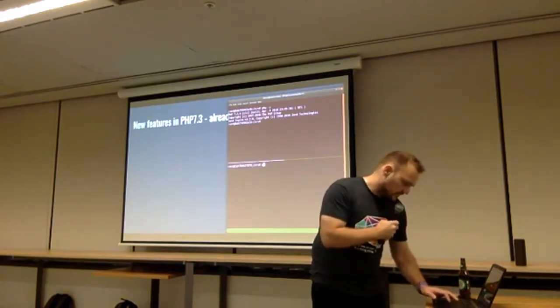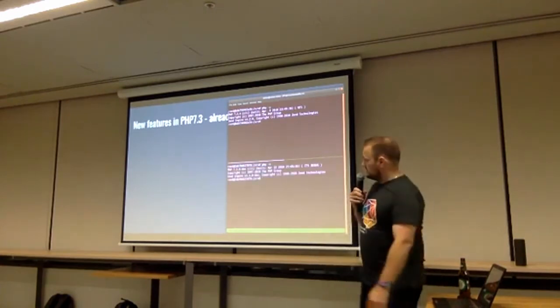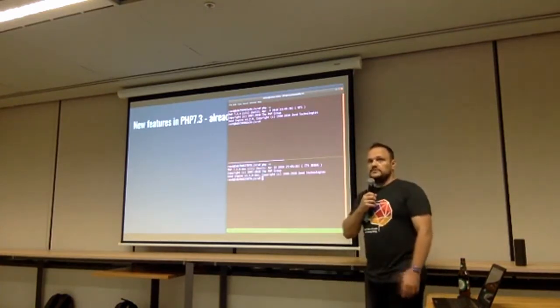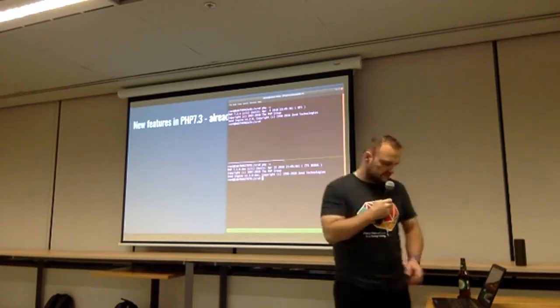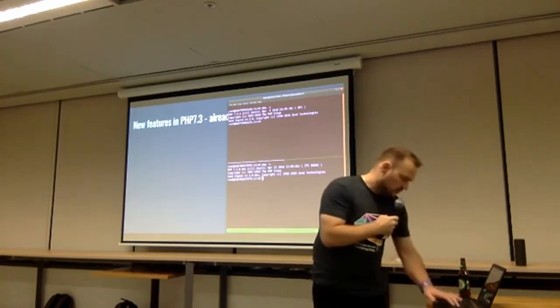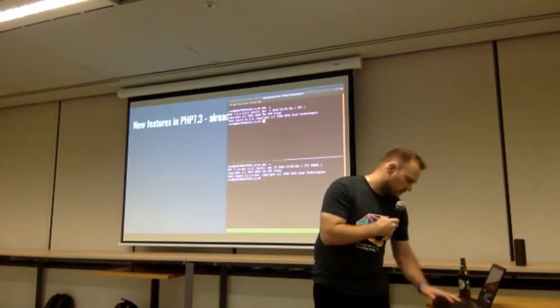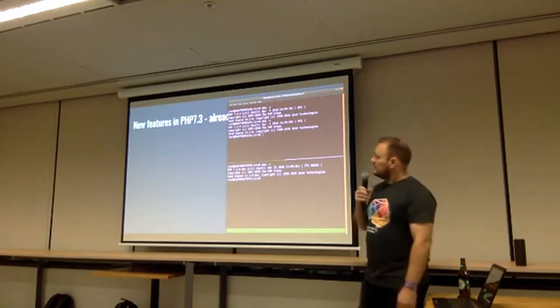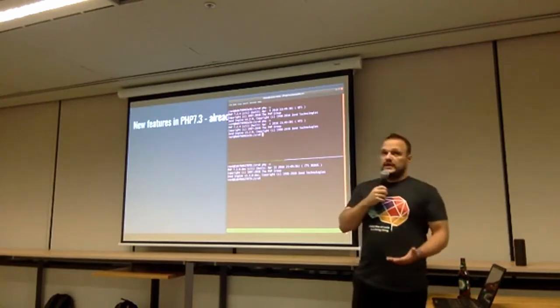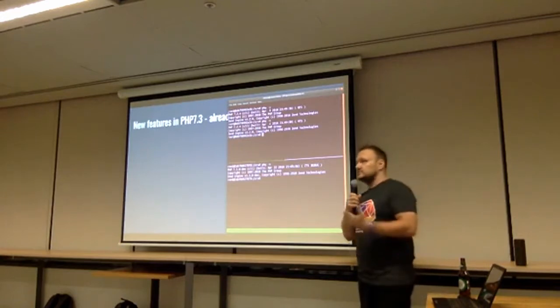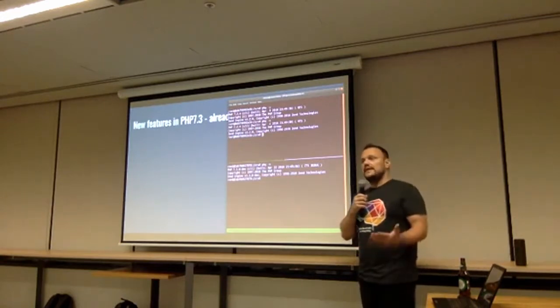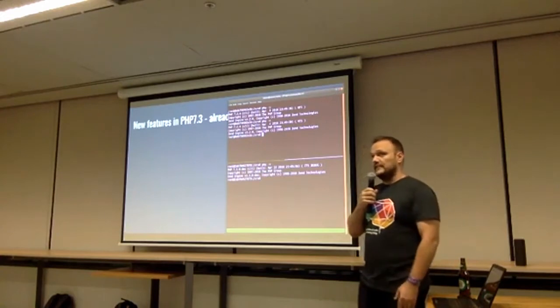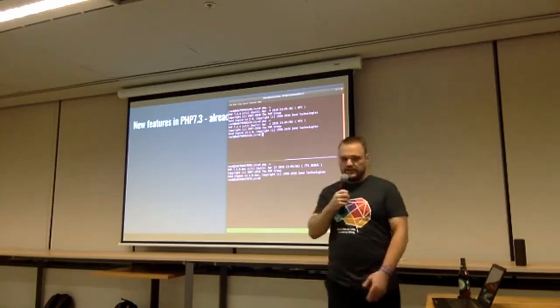If I do a PHP -v on the bottom one, you will see that it's a 7.3 dev. So this uses 7.3 compiled from source. The top one is a 7.2.4 container. So the demo today will be about me showing you some of the new features and how they behave in 7.2 and how they behave in 7.3.